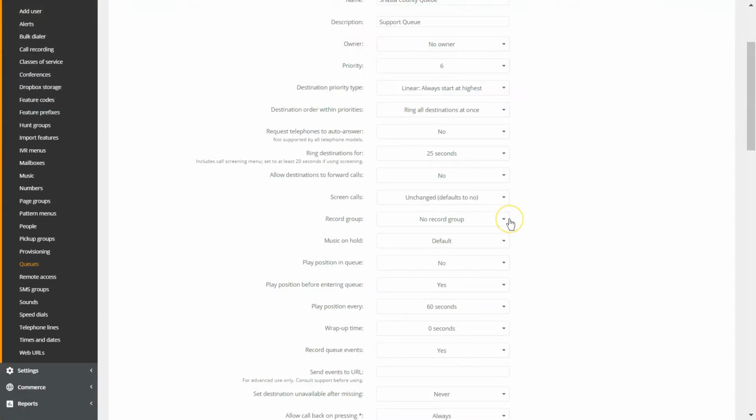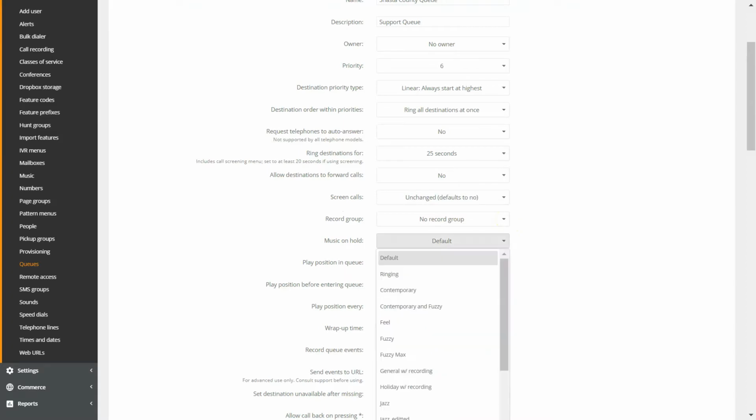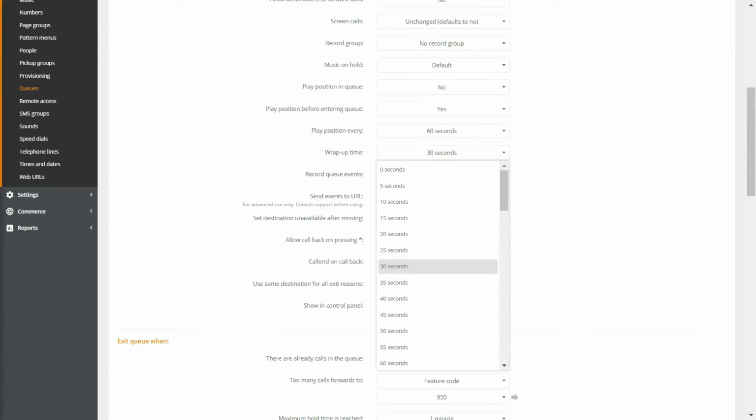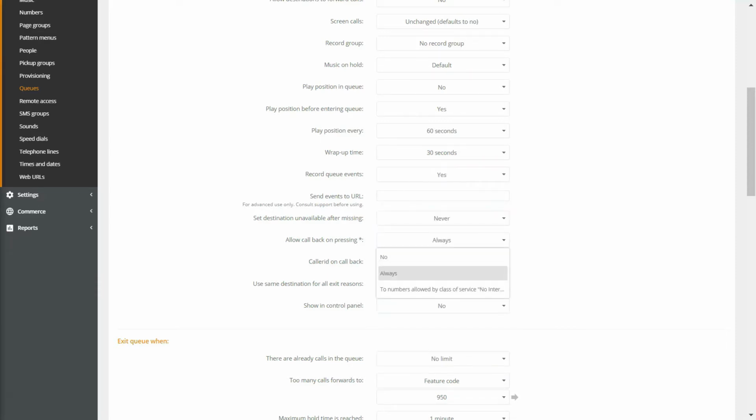Music on hold. Music on hold or voiceover messages can be different for each queue. Play caller's position when they enter. The maximum position to be announced can be configured. Agent wrap-up. Give the agent time to wrap up the notes before making them eligible to receive a new call. Allow callbacks. Callers will leave their number and the system will call them back when their place in the queue